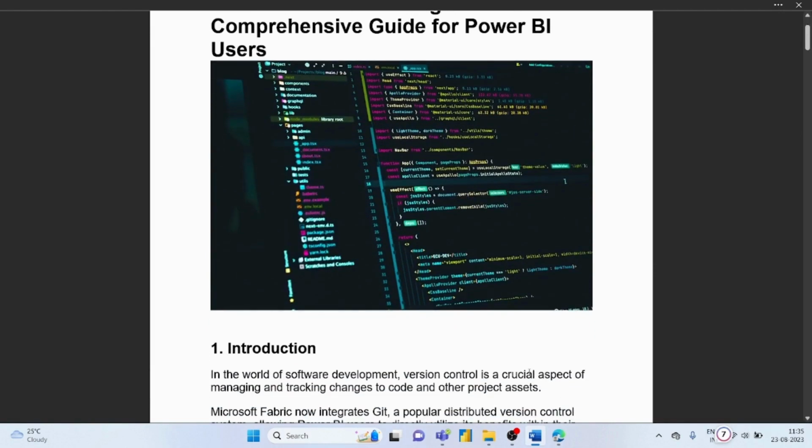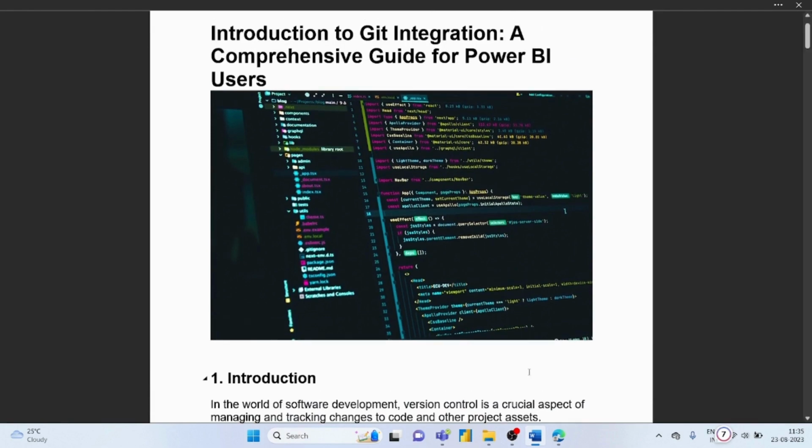So in the world of software development, version control is a crucial aspect of managing and tracking changes to code and other project assets. But how can this be helpful in Power BI reports, or when we work with Power BI? Let's suppose we are working on a Power BI report or any other project and there is a team working on it, and let's suppose the team consists of 4 or 5 members who have different tasks to work on that report. So this can be helpful to track the changes made by different members, and let's suppose the team